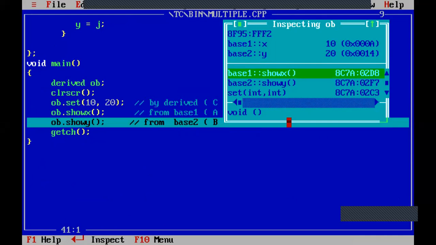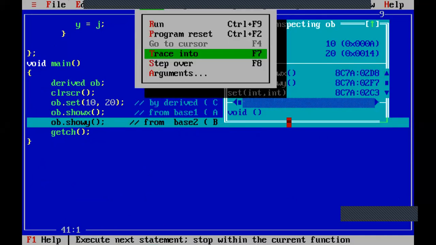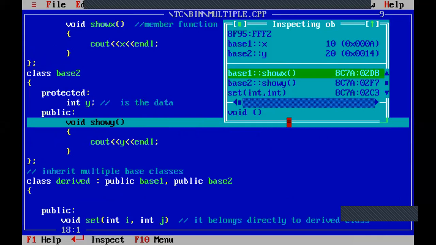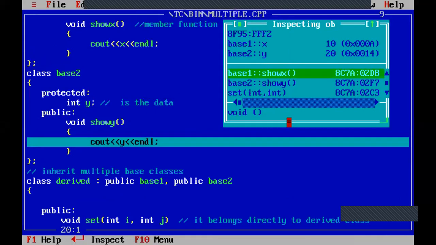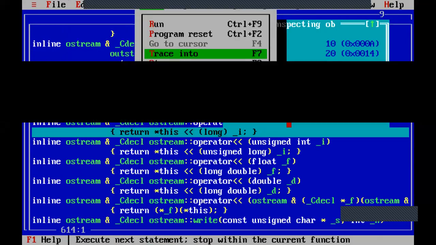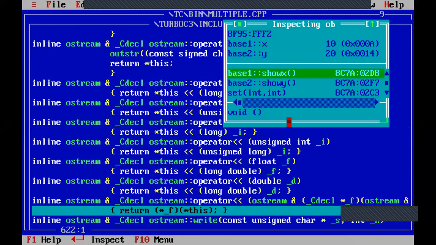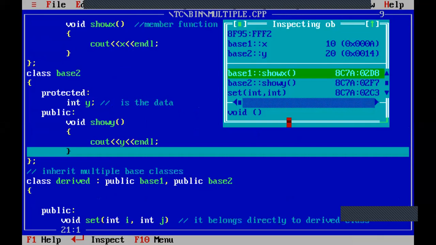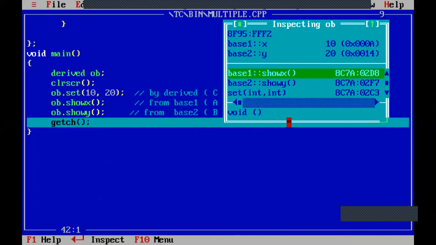The show y function belongs to base 2 class, so it moves to the base 2 class. Understood? So this is the end of the program.